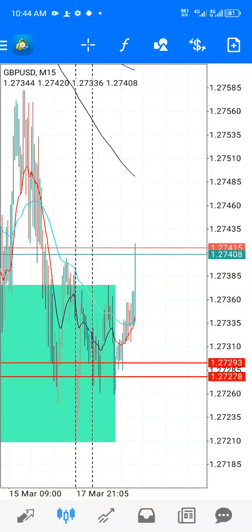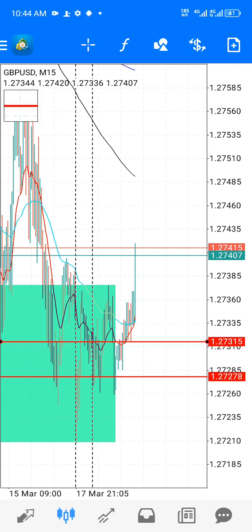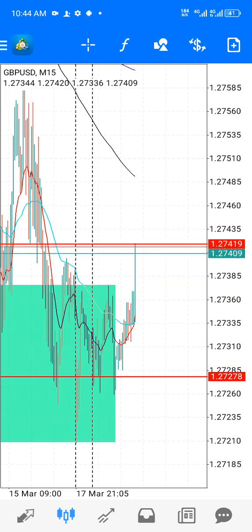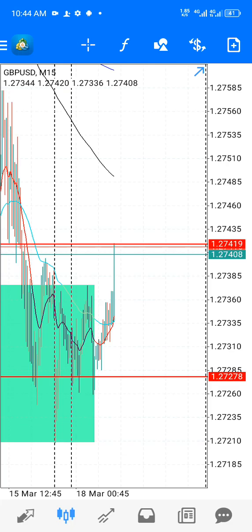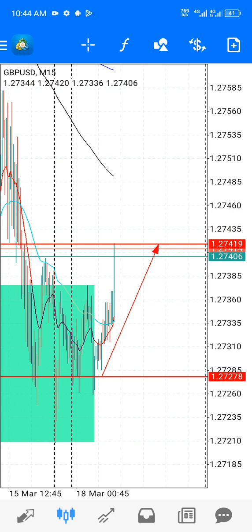Yeah, I know many of you are perturbed when it comes to calculating pips, but I would like you to get to know how to calculate pips today with me, the Funded Pro. So when we want to calculate pips from those two zones, we want to know how many pips are within those two zones. What you are supposed to get to know when you are calculating pips, all these pips